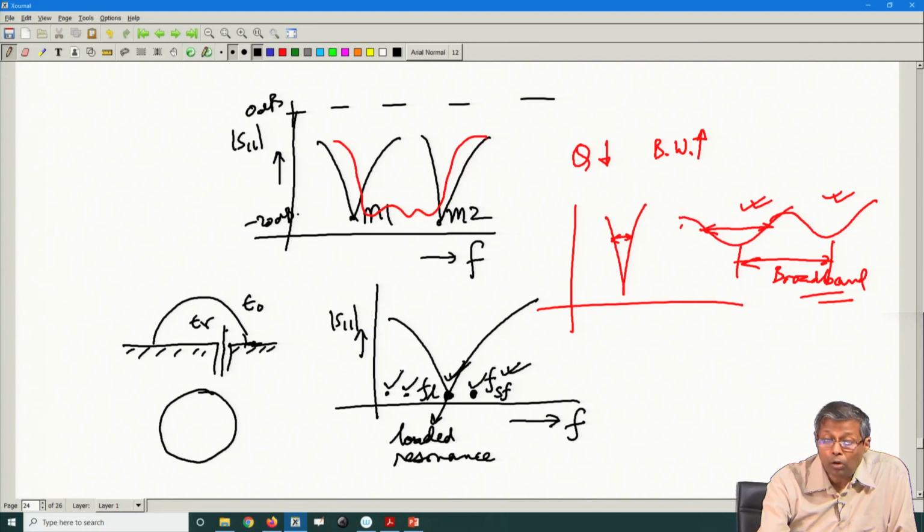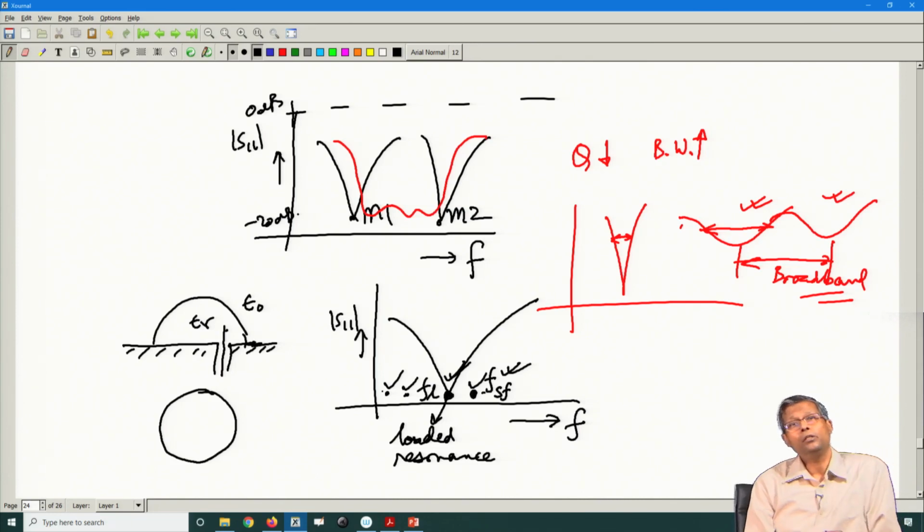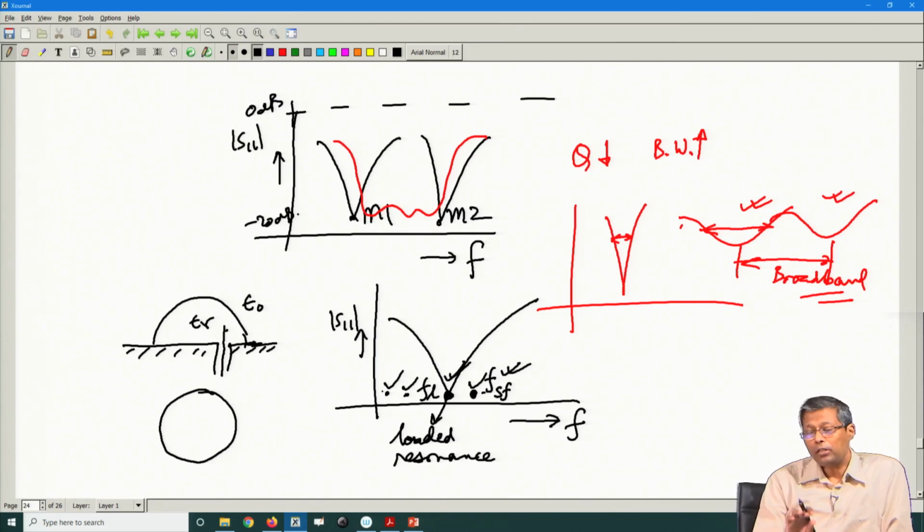Now, the next question is how to find the relative contribution of this mode and this mode, how to calculate it. We cannot get this by simulation. How to calculate it? We will come to these aspects when we particularly deal with the modes. Here I will give you a rough idea, but before that